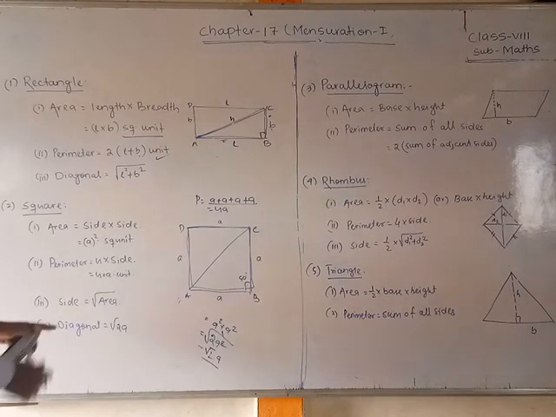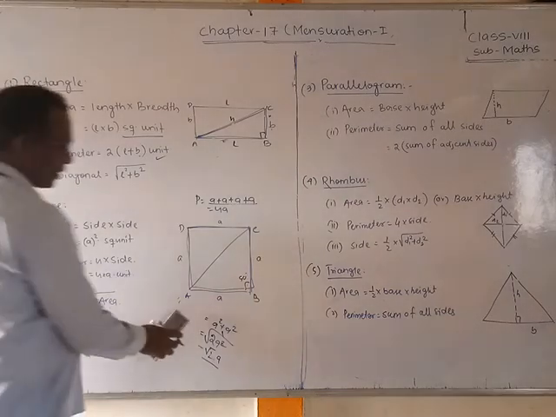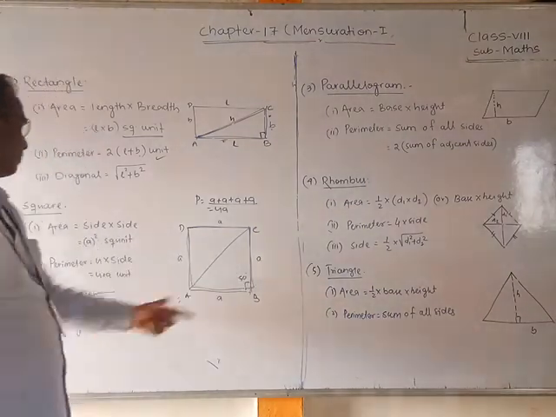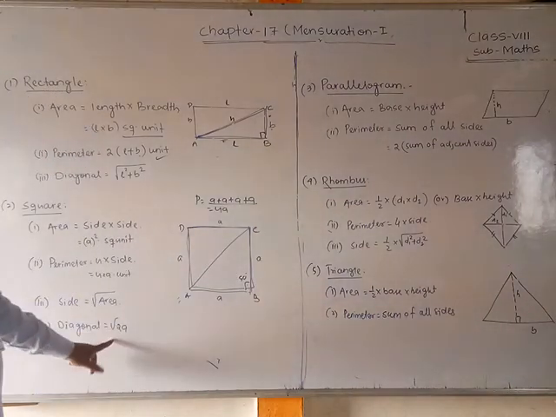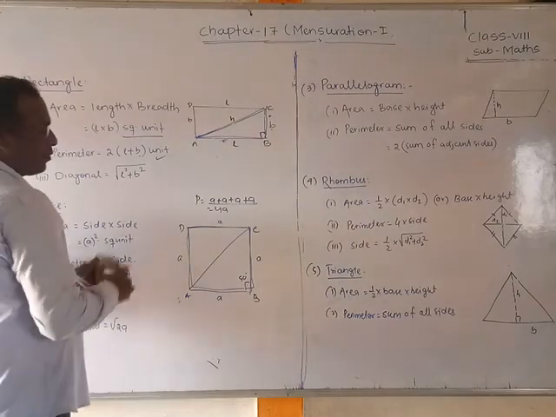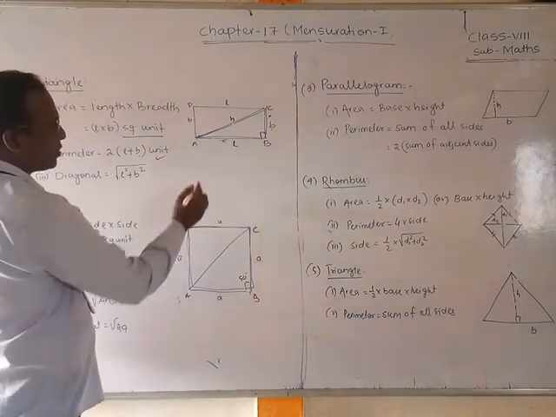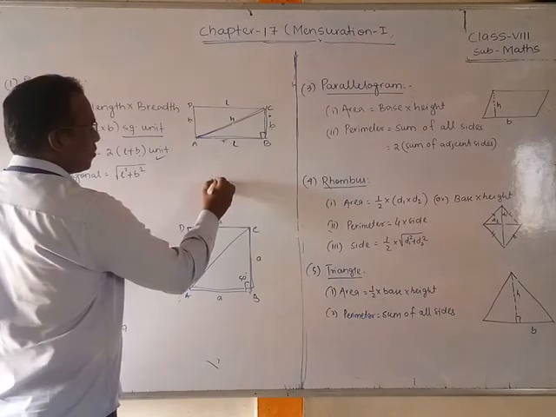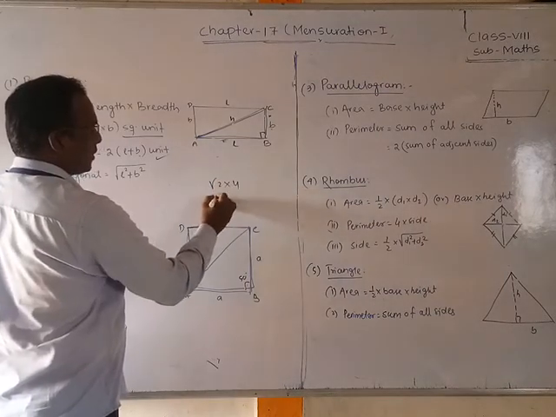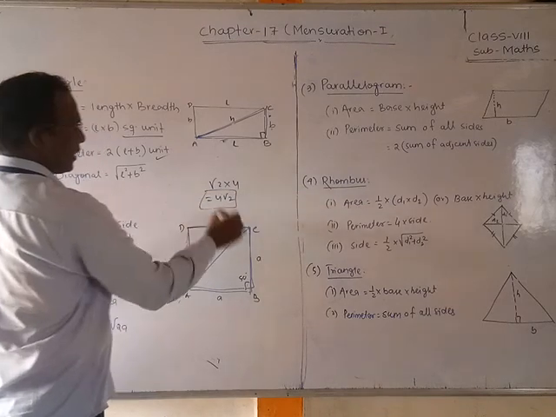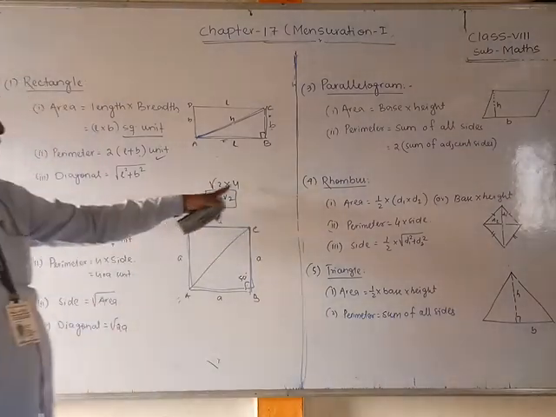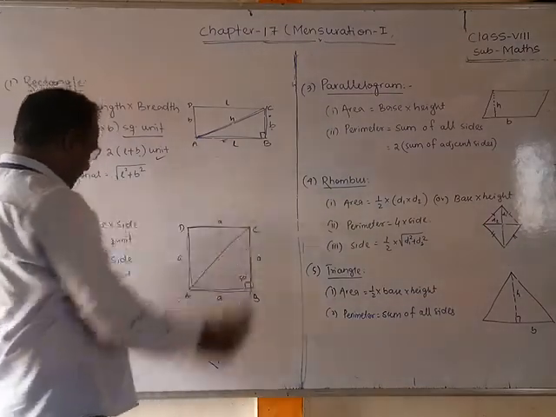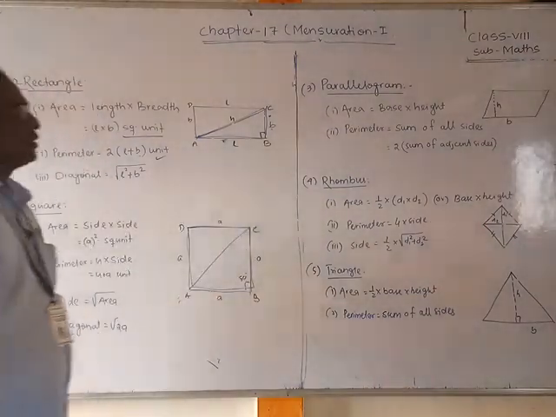So students, what is the diagonal of that square? Now, root 2 a is the diagonal we have to find. So root 2 is the constant term that you have to write. Suppose you are asked what is the diagonal of the square if the side is equal to 4, then what do you have to do? Now root 2 into 4, 4 root 2 you can write as the answer. The diagonal is equal to 4 root 2. That means root 2 is constant, and you just write the side. No need to solve that problem, so you can directly remember it and write it.